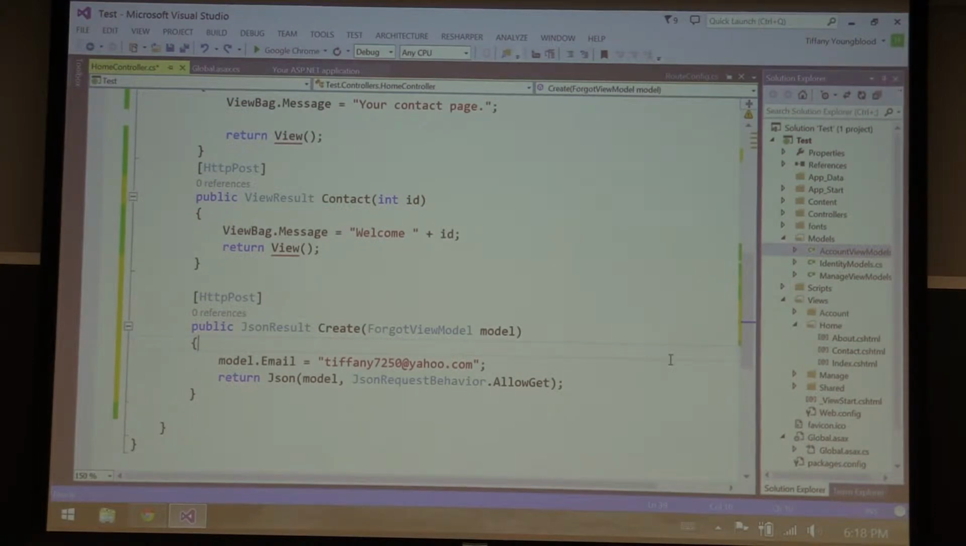So here, when we go through in contact, it returns the view. It goes and gets that HTML file and spits it back out. And hopefully there's some sort of formatting and information. But if we go here,